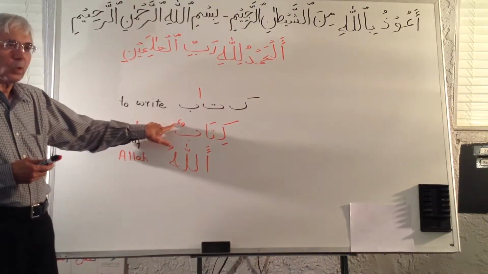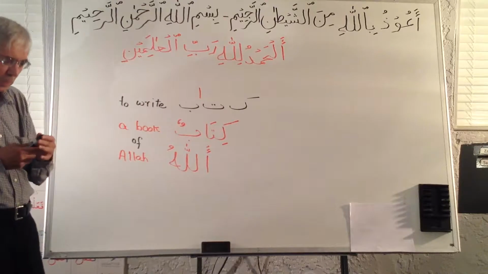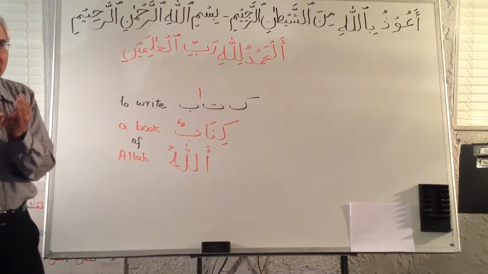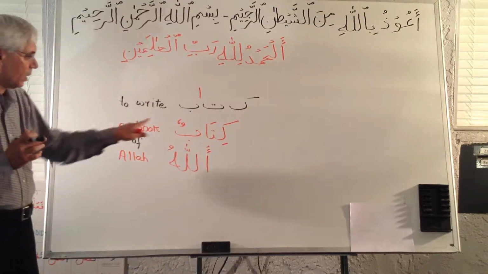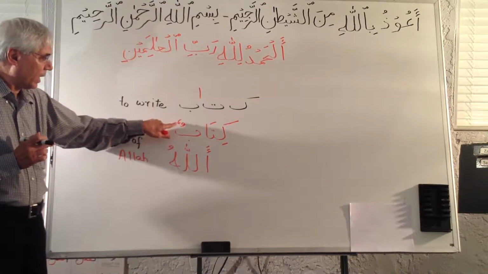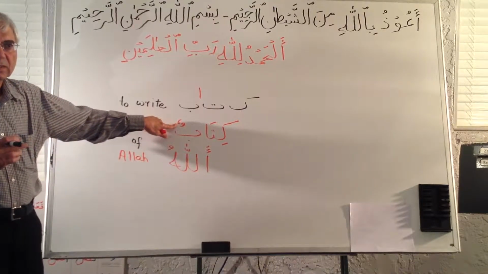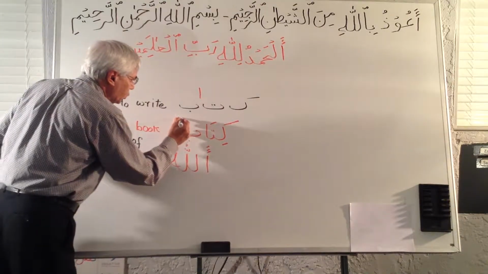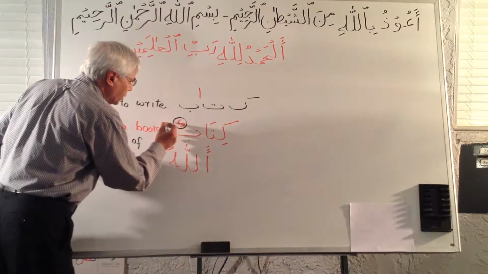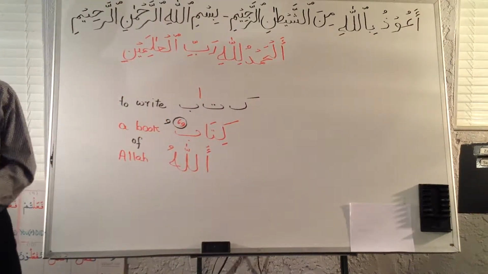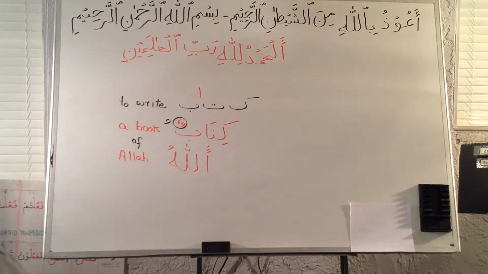We take the first word, kitabun. Always it is the last letter which takes the change. So the last letter is ba, and the harakat on it is two dhammas. What we do is take these two dhammas and change them into one only on the first word, so it became kitabu.